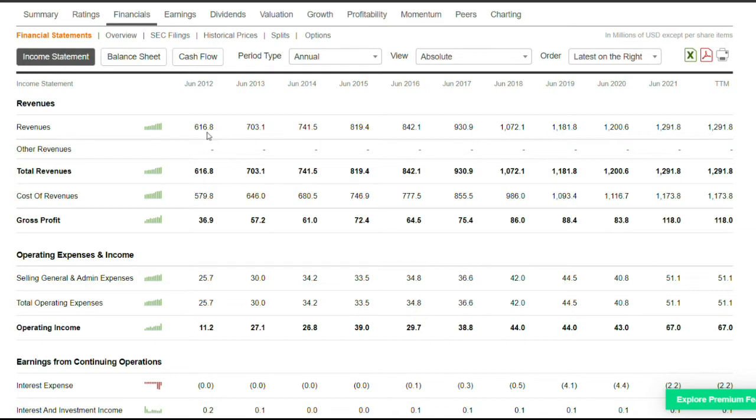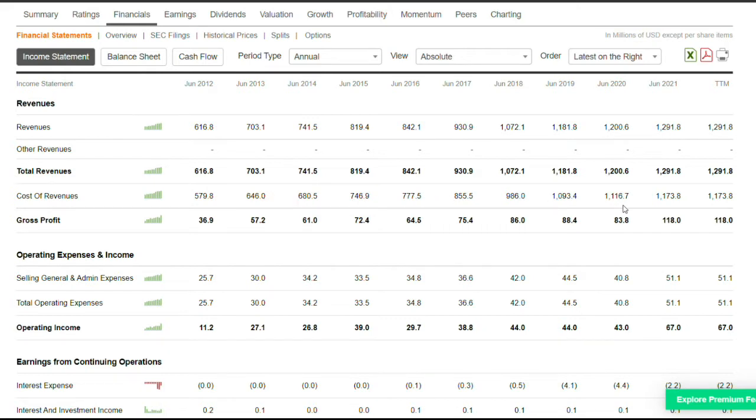As we can see, in the case of Kimball Electronics, the top line, that is the revenue, has gone up. It is a trend that the top line has been going up over the past 9-10 years. There are no other revenues. The total revenue, which is also the top line, has been going up. The cost of revenue, which is the money that they used to generate that revenue, as we can see, has